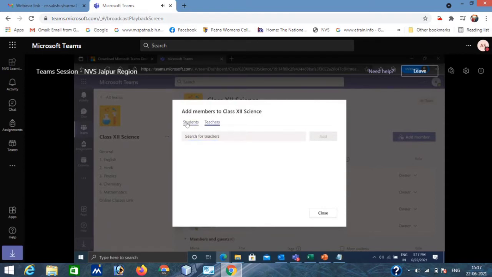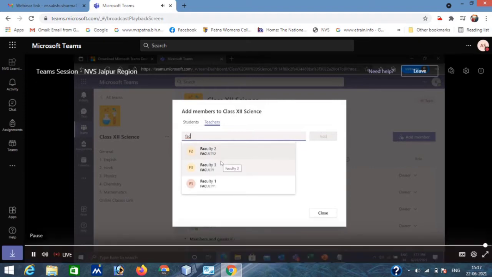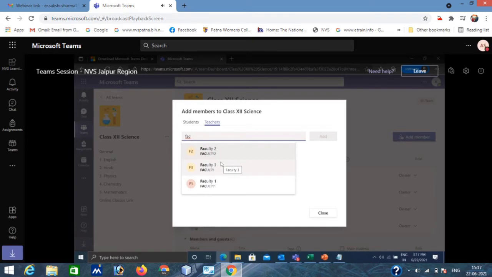If there is any mistake from the student side, you can add from here, or any teacher, just simply click on that. Suppose here, this is a dummy, so I am not able to do it, but for any faculty, you give the name of that particular teacher or their unique ID. Each and every teacher and student has a separate ID. Whenever you type this ID here, they will automatically reflect here. Simply click on it and click add. Automatically that faculty will be added over here, right?